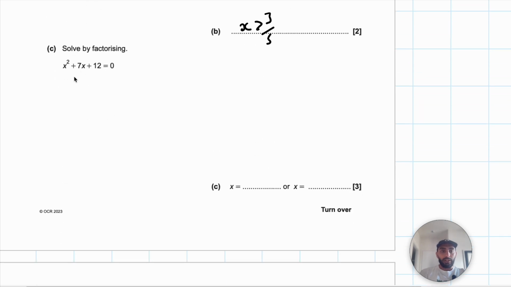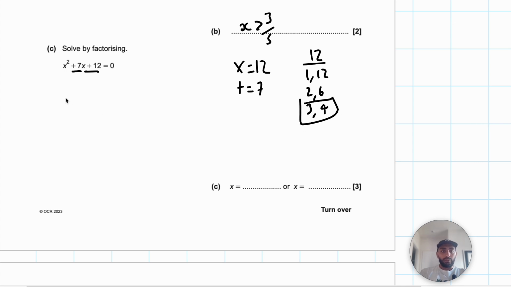Part C, solve by factorising. We've got a quadratic here because the highest power is a 2, and we're looking for 2 numbers that multiply to make the 12, and they're going to add to make 7. If you're not sure, you could write out your factor pairs of 12: 1 and 12, 2 and 6, and 3 and 4. So it would be these two. So in the first bracket is x plus 3, and in the second bracket, it would be x plus 4